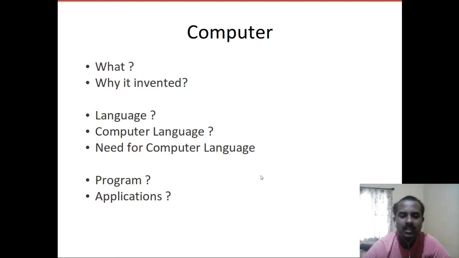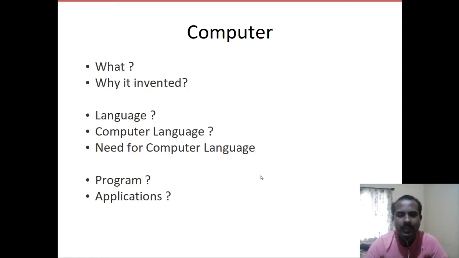Now let us see the use of computer language. The computer will not understand English, or high level languages. The computer is only going to understand machine level language, or binary language, that is zeros and ones.